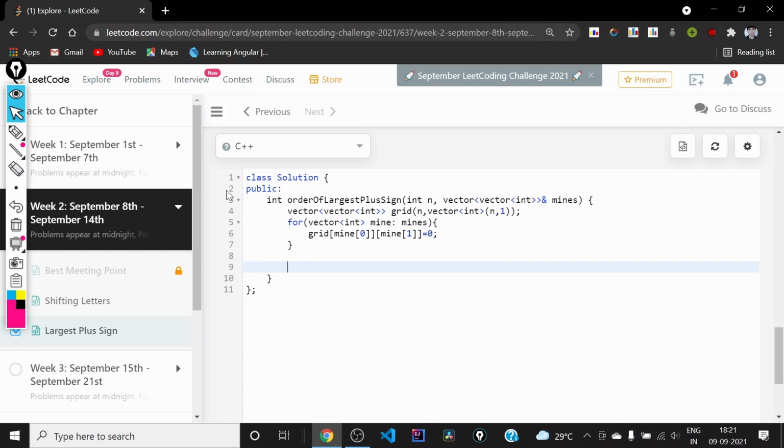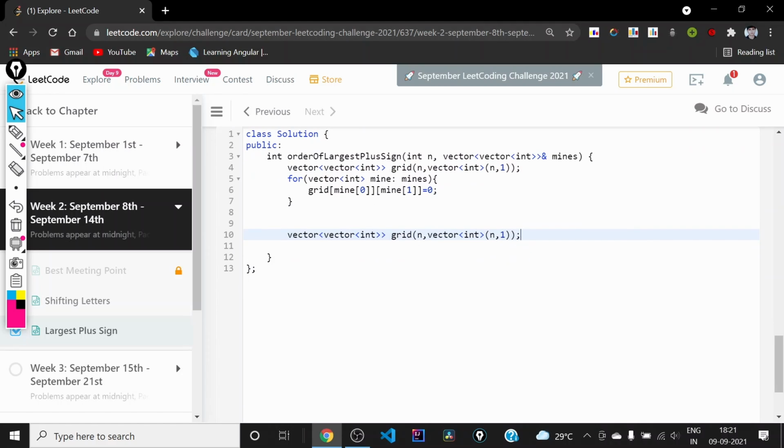Now we'll need the n cross n matrices, n cross n grids basically. These are DP grids, because we will be using dynamic programming for calculating the value of each of the cells. So we can initially set them as 0. This will contain the left span of every cell in the grid.